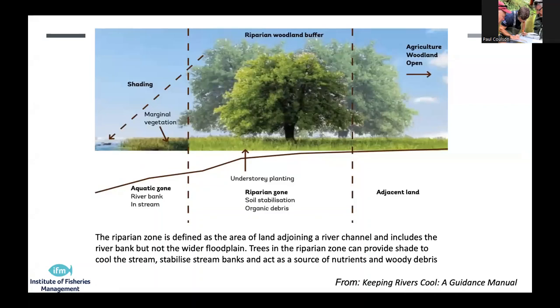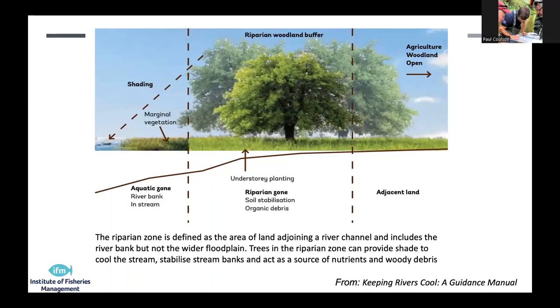And I just took this out of an old project, something called Keeping Rivers Cool, which was probably finished about 4 or 5 years ago. It's looking at adding large trees to the margin, to that riparian zone and the marginal aquatic zone of rivers, and the value it can bring in providing shading. Really important, particularly when we're looking at summers like we had last year and the year before, these heat wave scenarios. It provides importance when it comes to things like binding the banks. It does nutrient stripping. There's lots and lots of benefits.